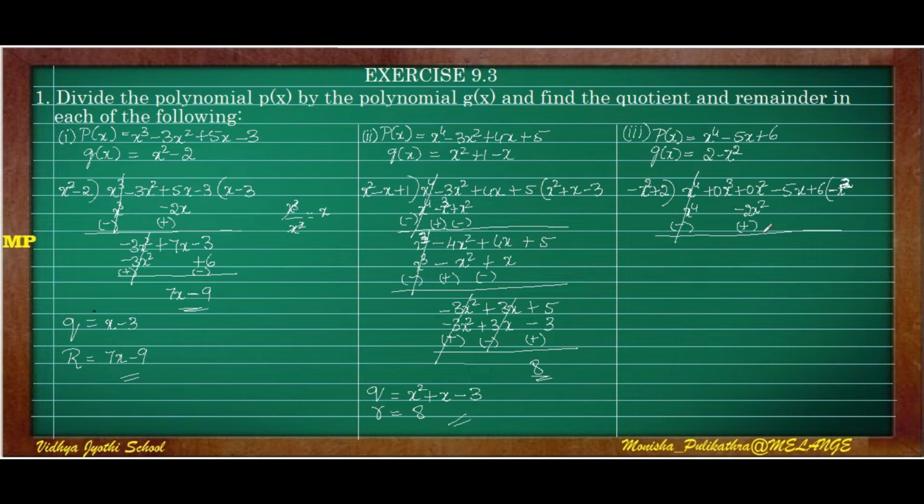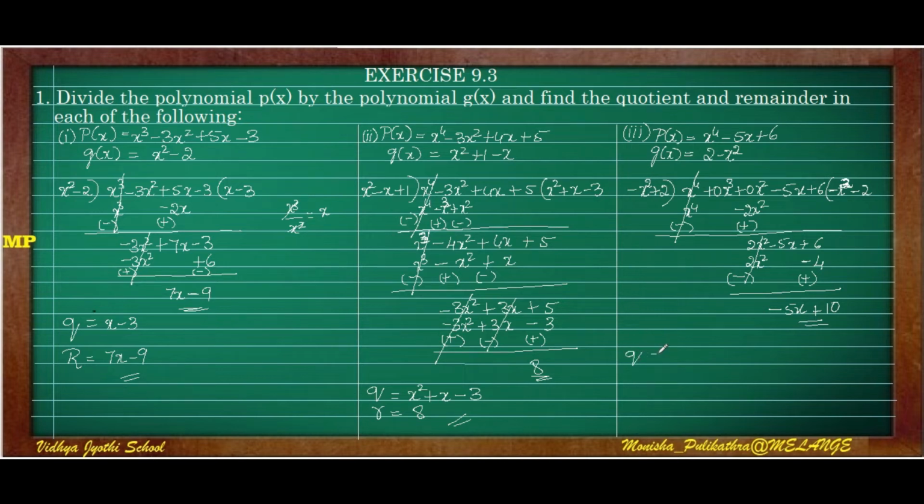x cube, 0x cube, there is no need of taking that. So plus into plus is plus, so it will become 2x square minus 5x and plus x. So minus x square to become plus 2x square, we have to multiply it by minus 2. Minus minus cancels and it will become 2x square. Then 2 2s are 4. Change the sign. This plus 2x square minus 2x square get cancelled. Minus 5x plus into plus is plus, so it will become plus 10.